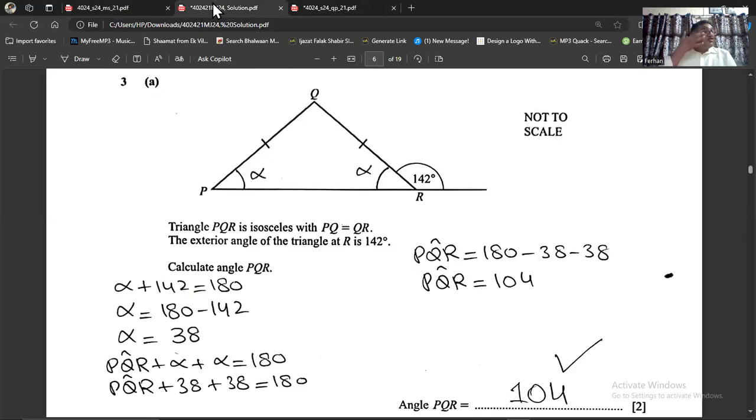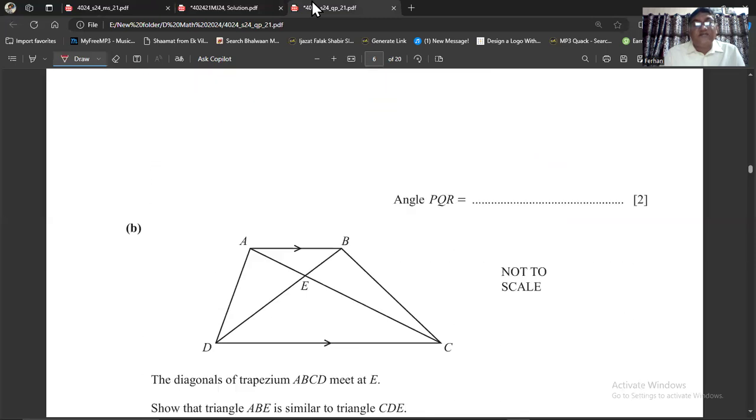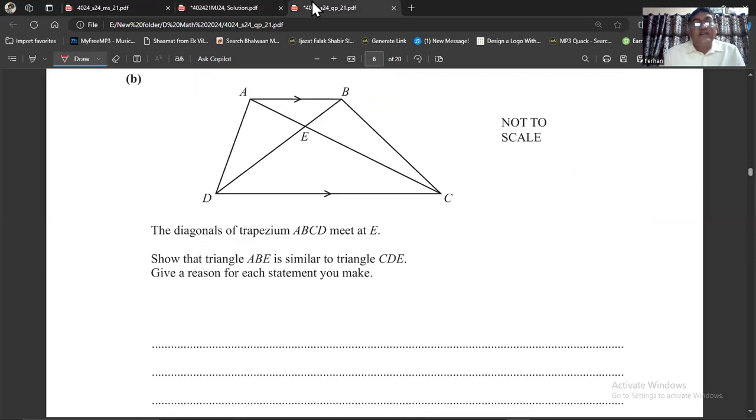So here we have question number 3, A part. Its solution is showing up on the screen. I hope you understand it. Okay, so we are going to the next part. The next part coming up on your screen is question number 3, B part. He says the diagonals of the trapezium ABCD meet at E. Show that the triangle ABE, so basically they are talking about this triangle, is similar to the triangle CDE. They are talking about this triangle. Give a reason for each